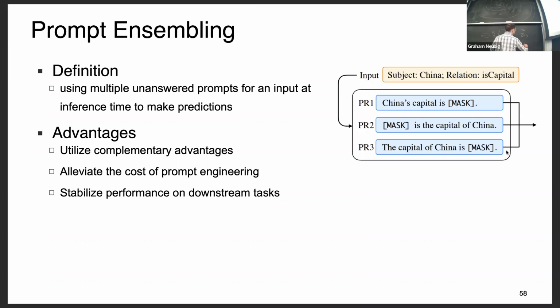So we have prompt i, we have the probability of Z given prompt i, and we just sum over them with some sort of mixture rate here. This utilizes the complementary advantages of all of these prompts. It can also alleviate the cost of prompt engineering, because now you don't need to find one good prompt. You can just find a bunch of them, and hopefully together they will give you better results.